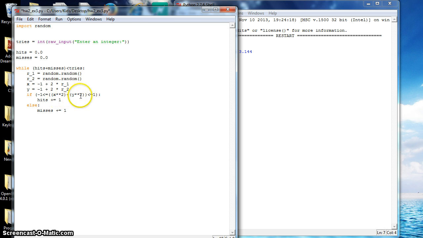We have x squared plus y squared. If that is less than or equal to 1 and greater than or equal to -1, then it's considered a hit. If it's not that, then it's considered a miss. And these will essentially add up to be the number of tries. So let's say if you get 10 tries, it should be like 5 hits, 5 misses, or 7 hits, 3 misses. And then at the end of this, then we'll print